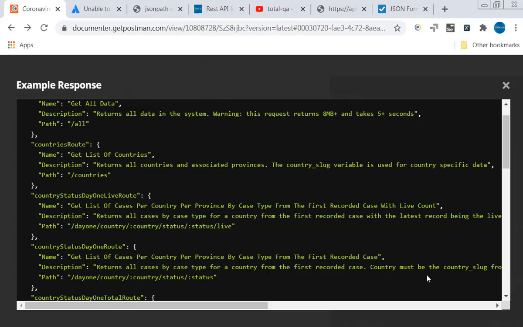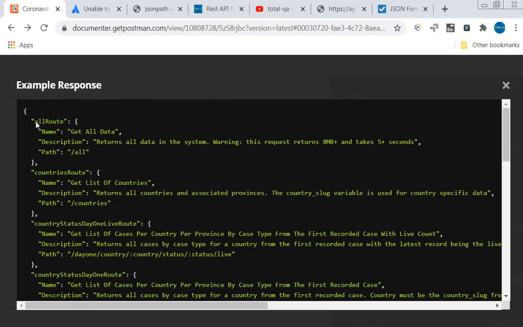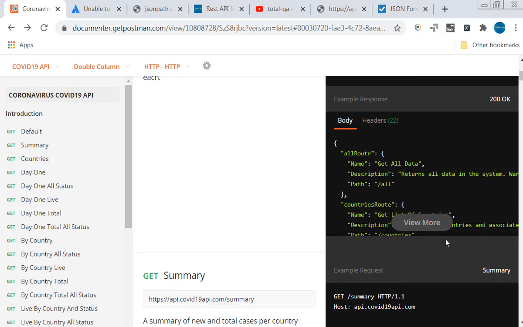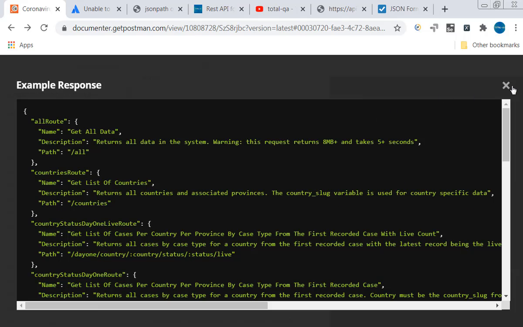In the response, we have information for all routes, countries route, country status day 1 live route, country status day 1 route. If you hit this default API, we get all these request details one by one. See here, all route, countries route, and like that, so much information is available.